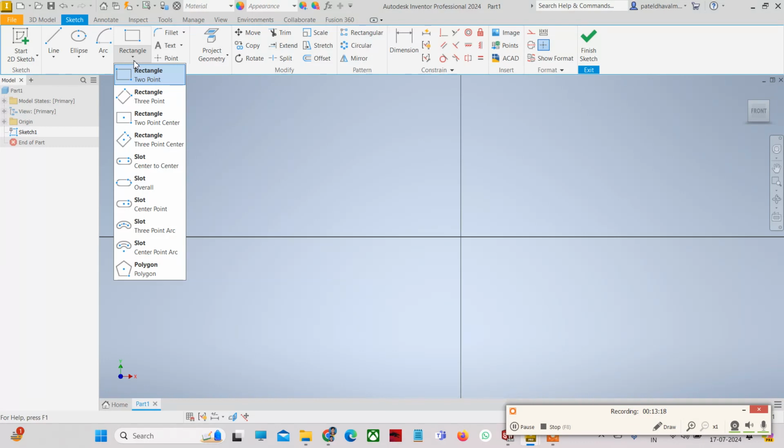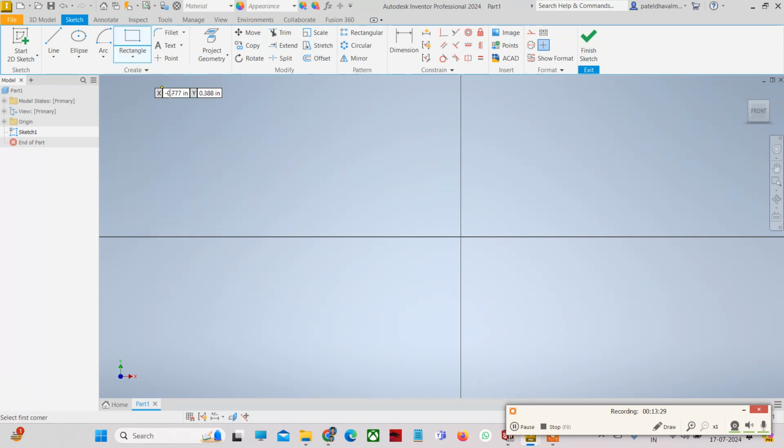Here, for the 2-point rectangle, the first point should be one corner of the rectangle, and the rectangle is drawn diagonally. Here you can see the 2-point rectangle. The first point is one corner of the rectangle, and the second point is the other corner of the rectangle. So the rectangle is drawn diagonally. So this is the